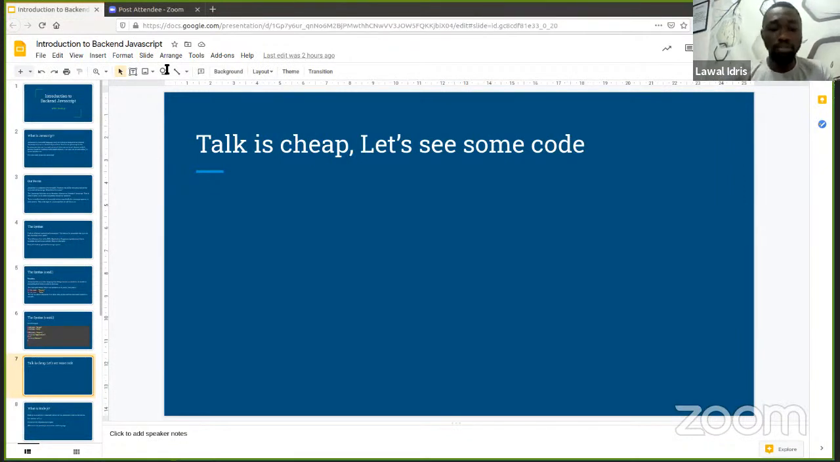So let's define a variable. Let's see how a variable is defined. If I want to define a variable, I would say let, and I probably want to define a firstName variable. So I say let firstName